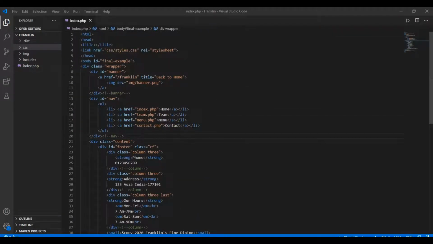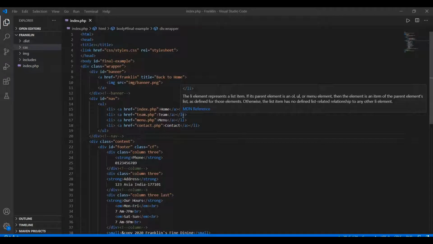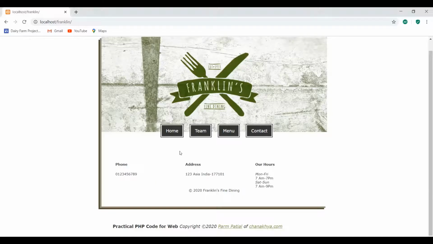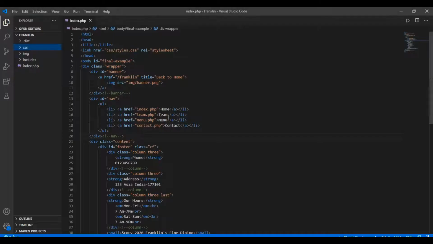In the previous video, we created a skeleton using HTML, and here we have the output of that in the browser. But we can see that it is a static page. What we are going to do in this video is create some dynamic header and footer templates for the pages.